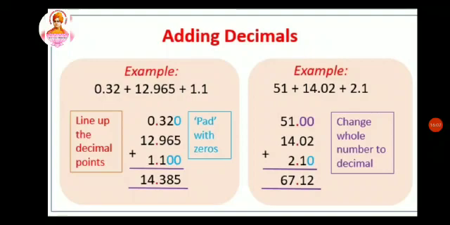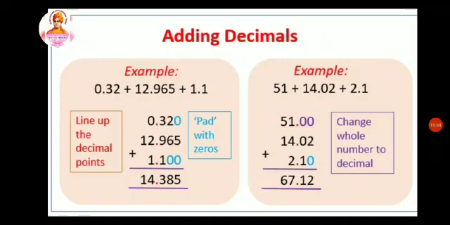So we have three numbers. In these three numbers, the second number has the largest decimal places in the decimal part. There we have 3 digits in the decimal part. So I am going to change the remaining two numbers' decimal places into 3. So 0.32, already 2 decimal places are there, but I need 3 decimal places. For this number I am going to add 0.